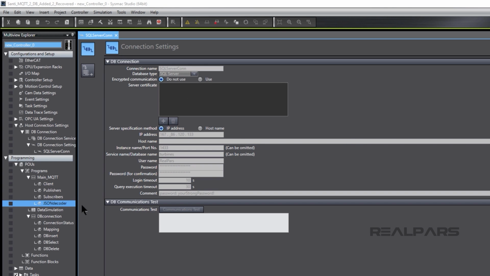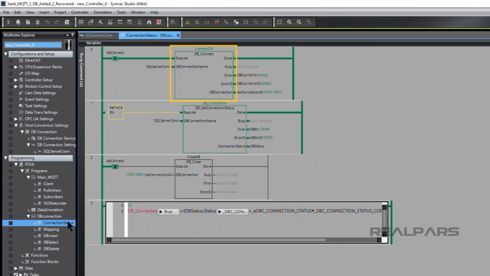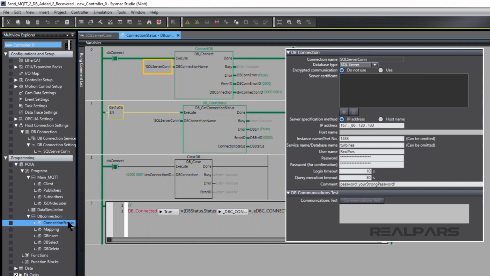After assigning the database connection settings, the dbConnect function block allows the NX machine controller to directly access the SQL database. SQLServerCon is entered as the dbConnect name input on the function block.